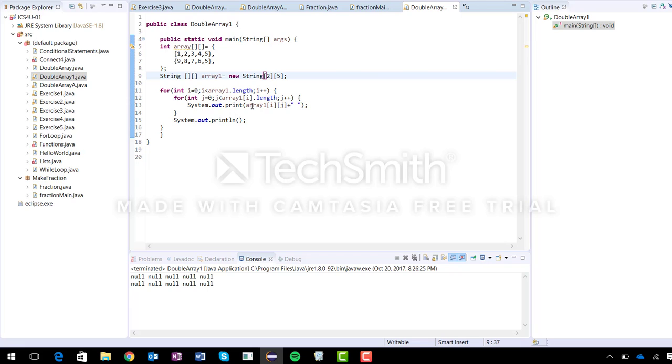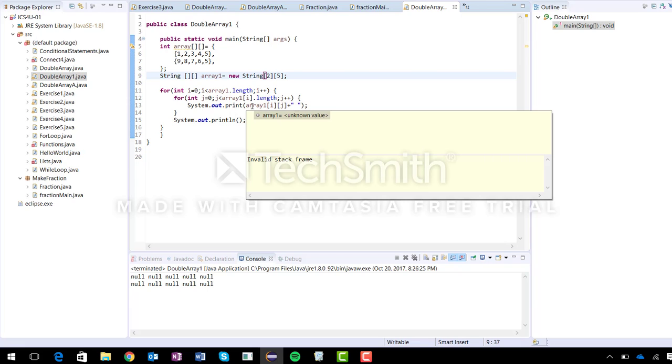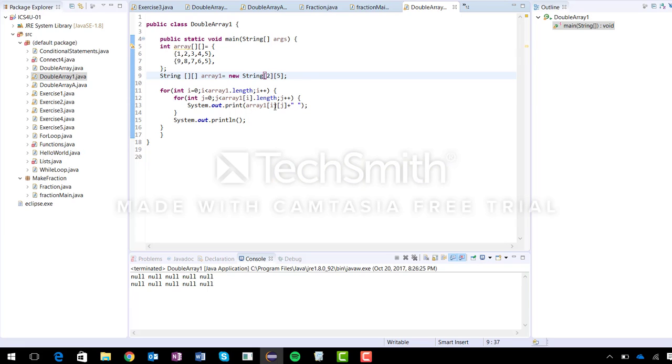Instead of printing it out, you would actually just say array1 at i and j is equal to, so I'll actually show you how it's done. Let me delete this print, I don't know if it's going to give problems. Array1 at i at j, so that's row and column, is equal to